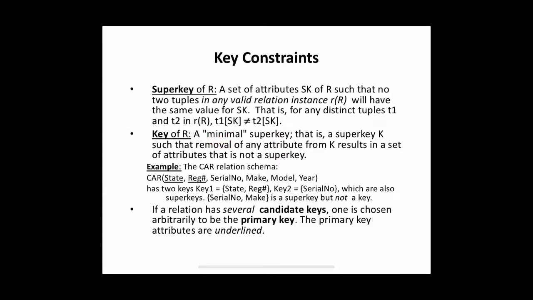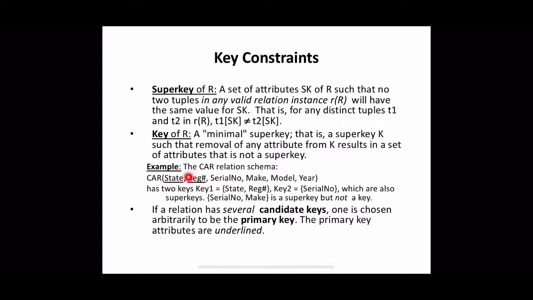So definitely this key of a relation R should hold two different properties. First property is that two distinct tuples in any relation will not have the same identical values for attributes in the key. That definitely holds for the super key also. And the second property is that it's a minimal super key, that is a super key from which we cannot remove any attribute and still have the uniqueness property.